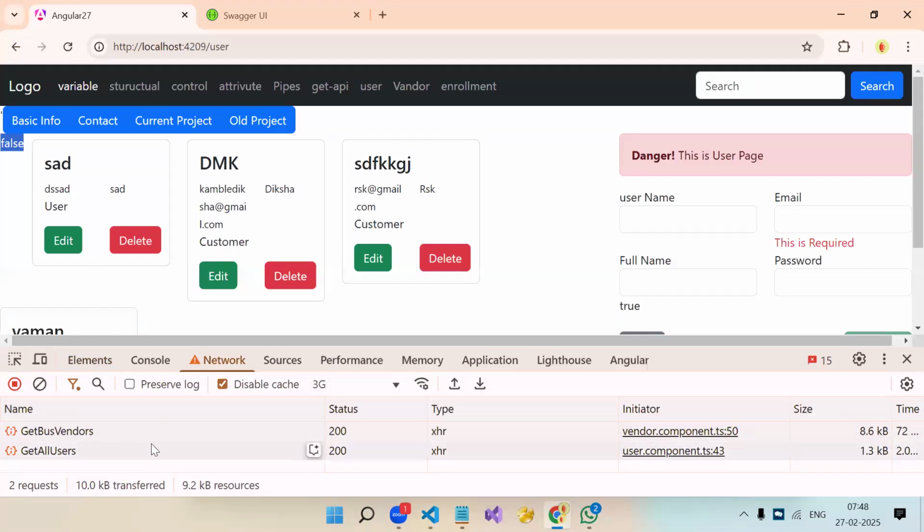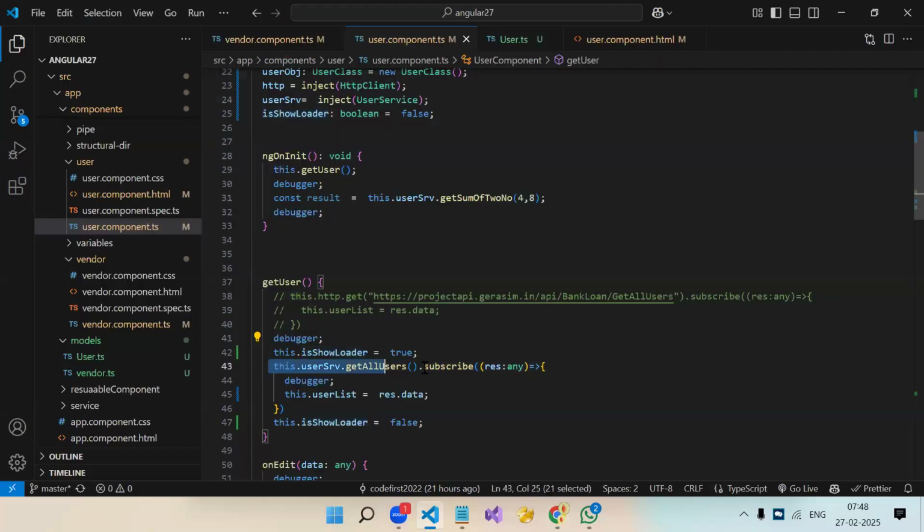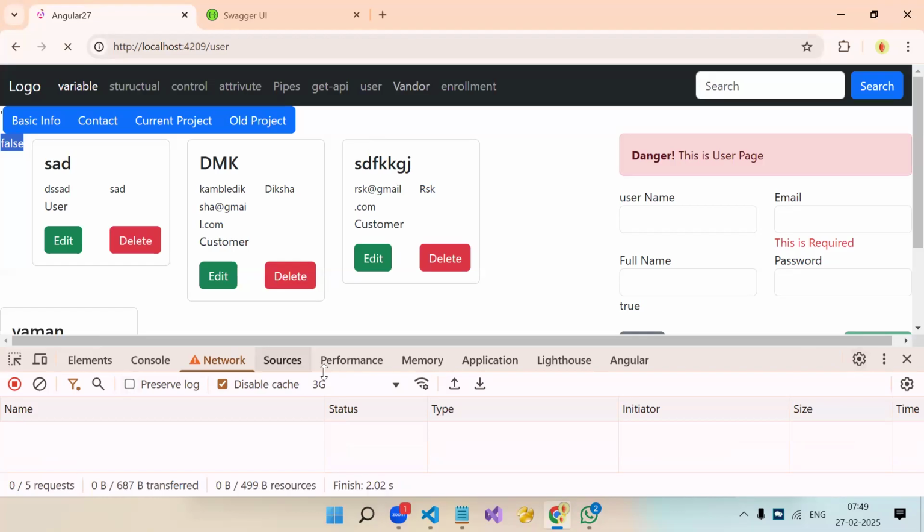The API call was pending, but still it was false, because this line will execute, after that this line will execute, and then immediately this line will execute. So this variable we have to make false once we receive the API call data. Okay, see now.